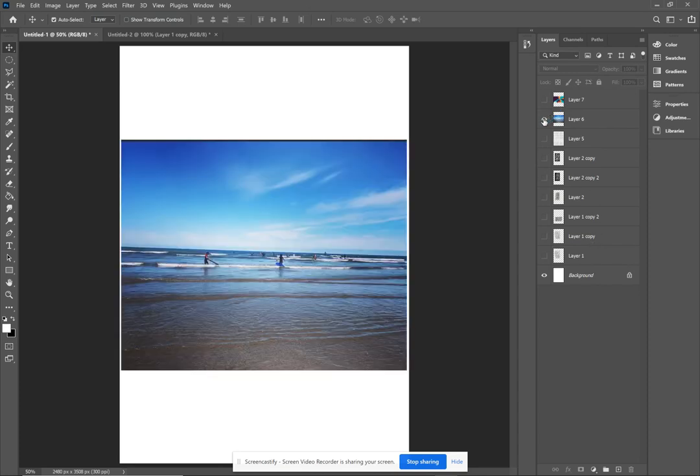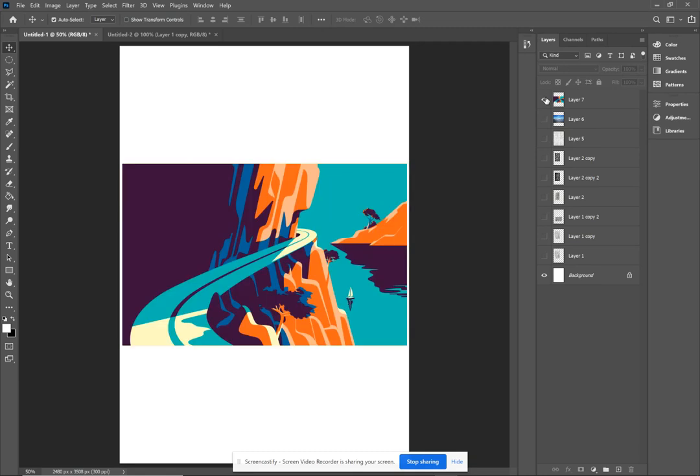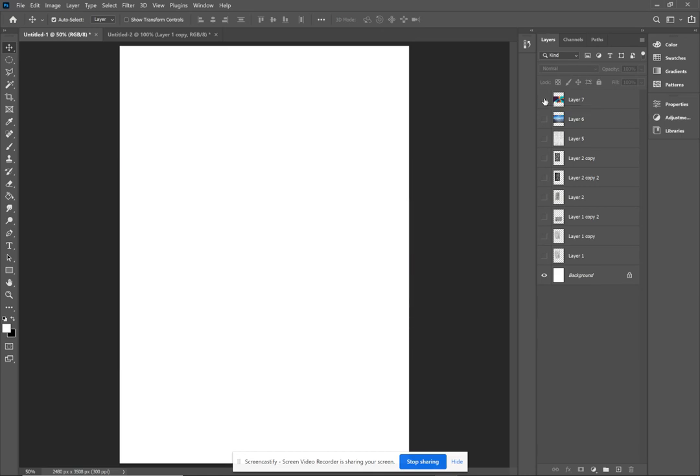Now, I've got a photo that I'd like to work on, a coastal photo. And I've also got an illustration. So you might choose a few different bits of content that you've already made to have a go at adding some texture into them. Okay, so in terms of a process of things that we could do,